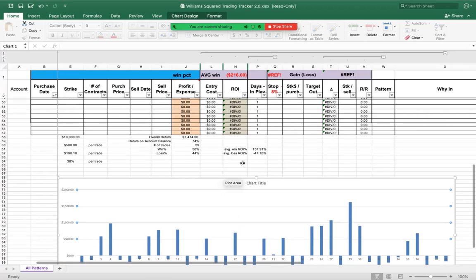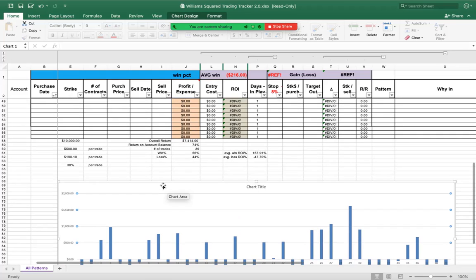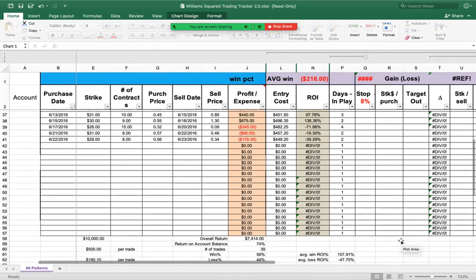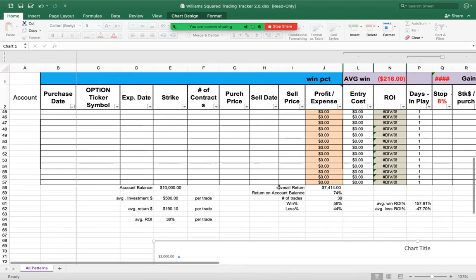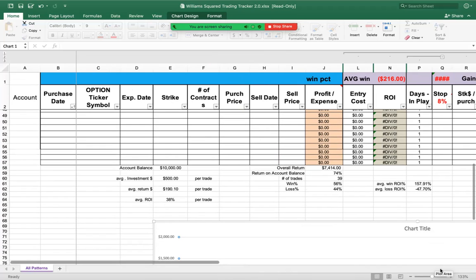Okay? But then I took it a little bit further and drilled down to some metrics here for some statistics. So we're going to zoom in some and take a look at this. I thought that this was the significant part. And this is why I like doing backtesting, because this is some of the things that you get to see. Now, the toughest part is implementing it in real life, because you have to get past it mentally,